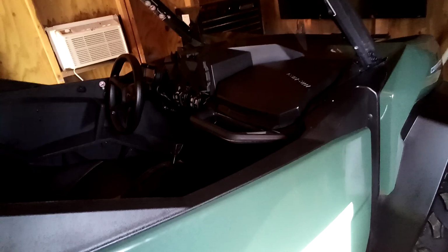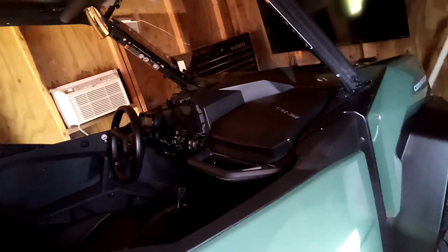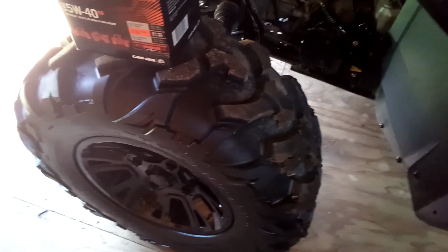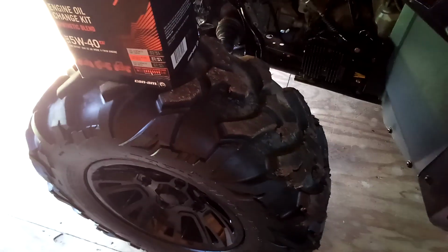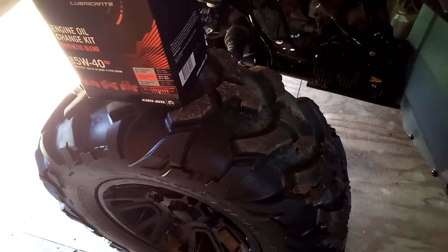It doesn't throw you back in the seat. You can't really even get it to kick sideways in the corners that aren't really, really loose. I think a lot of that is these XPS tires the K&M's now putting on. I think if I had something a little less aggressive, like a Terabyte or something along those lines, I would be able to get a little bit sideways. But I like the traction. It's good for climbing. They clean out well,